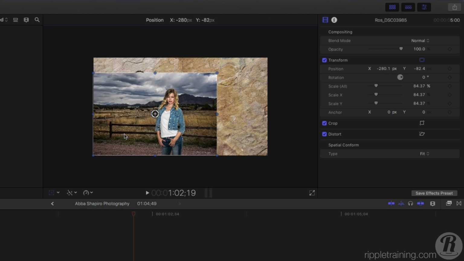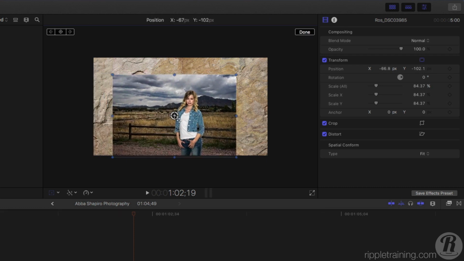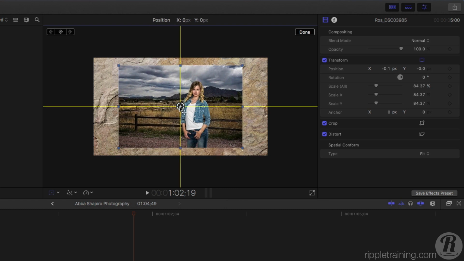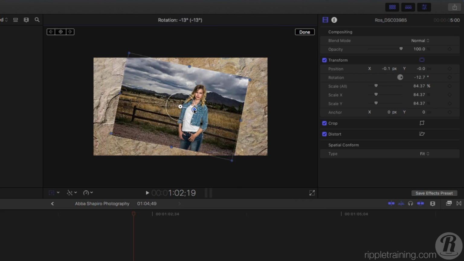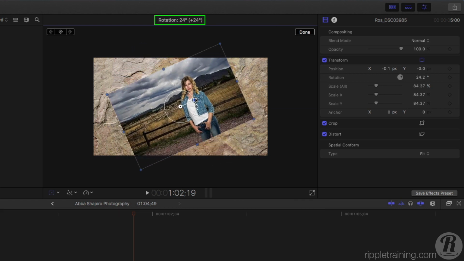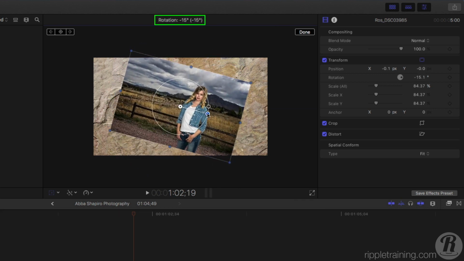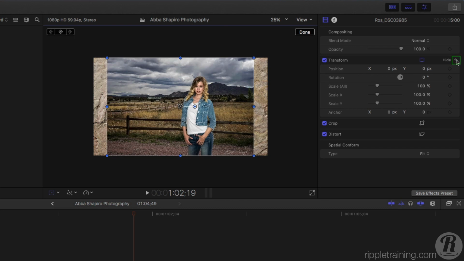to a new location. If you want dynamic alignment guides to appear as you drag, click and drag from the center target called the anchor point. There's also a blue rotation handle for rotating the image around its anchor point. As you rotate, the amount of rotation in degrees appears at the top of the viewer. To reset the transforms to their defaults, click the Reset button at the far right of the word Transform in